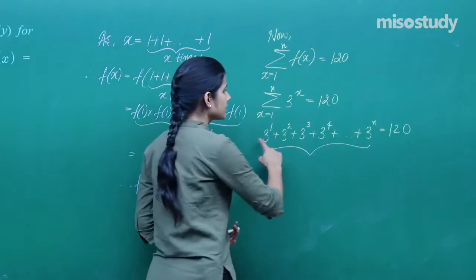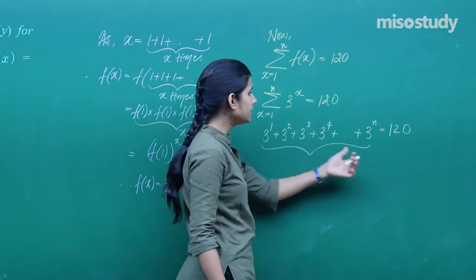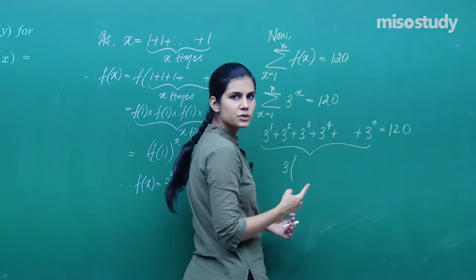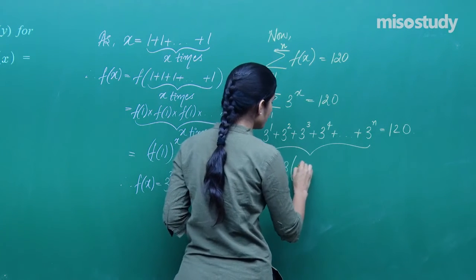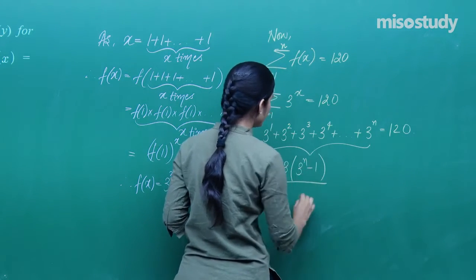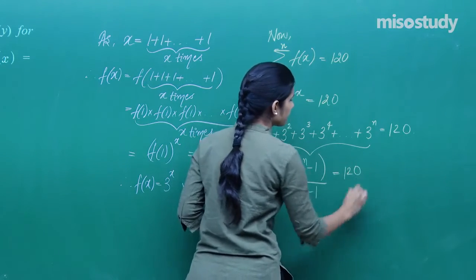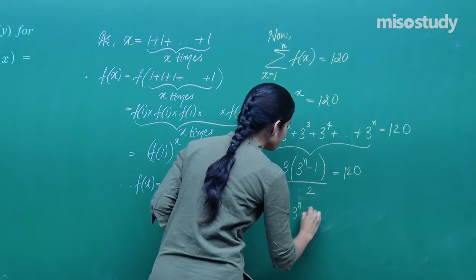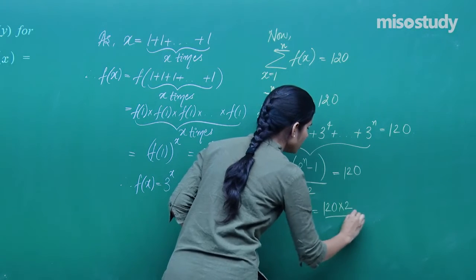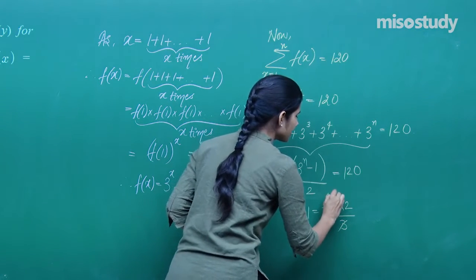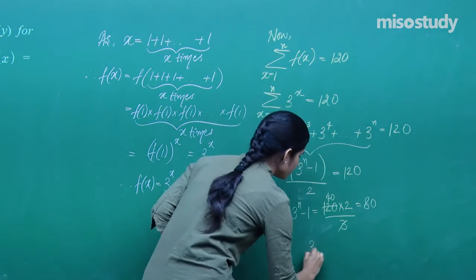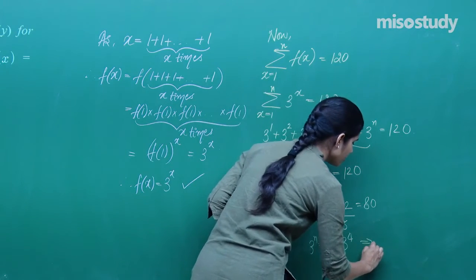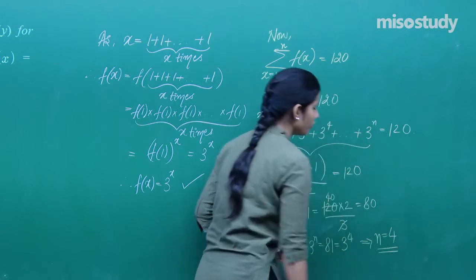ratio 3. This is the sum of finite terms of a GP, the sum of n terms of this GP, which is given by A times R to the power n minus 1 upon R minus 1. R is 3, the common ratio, to the power n minus 1 upon R minus 1. Fine. 3 minus 1 is nothing but 2. You eventually get 3 to the power n minus 1 is 120 into 2 upon 3. This is 80. So, you get 3 to the power n equals 81, 81 is nothing but 3 to the power 4, bases are same, you equate the powers, you get n is equal to 4,